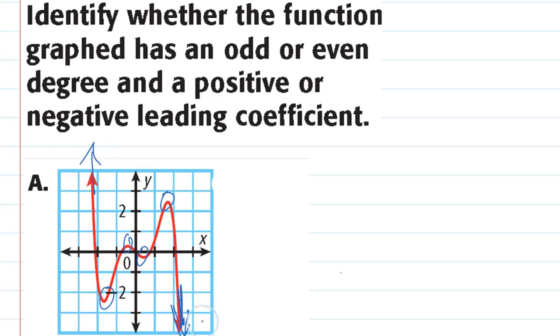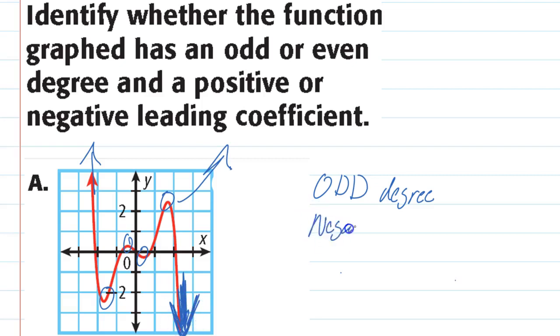And the ends are behaving in opposite directions. So since they're going in opposite directions, I know that it's an odd degree. Now, if I know my normal x cubed graph goes up when it's going to the right, but this one is going down. So because this is going down as it's going to the right, then I know it's a negative leading coefficient. Again, negative because it's going down as it goes to the right, and it's odd because they're going